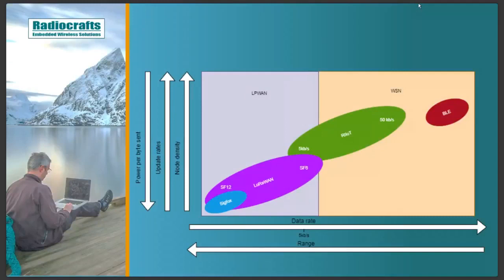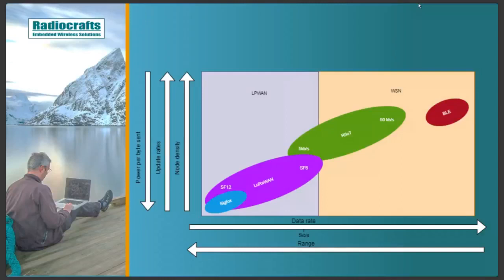limitation. Also at the left, you see 3 different parameters. You see the node density and the update rates. So that means that if you have a high density of nodes and you have high update rates, the LPWAN technologies like LoRaWAN and Sigfox will not do the trick for you. You need other technologies. Also, if you want to consider low power devices, which means that you want to be battery operated with a small battery and should last for a very long time, you also need to go up to get the low